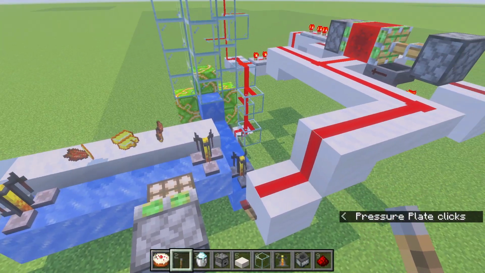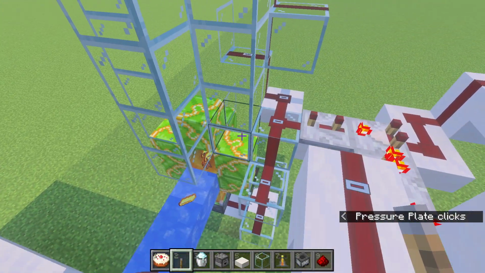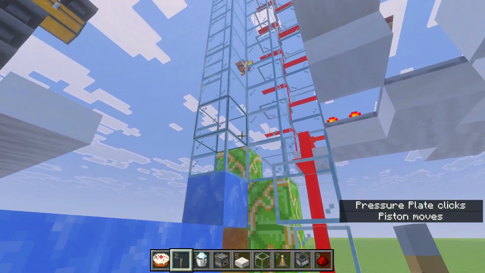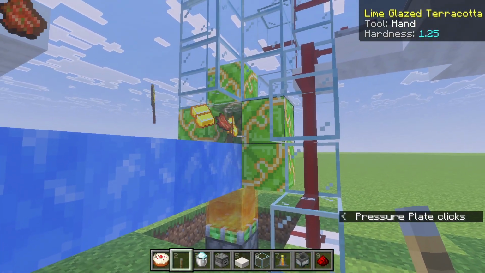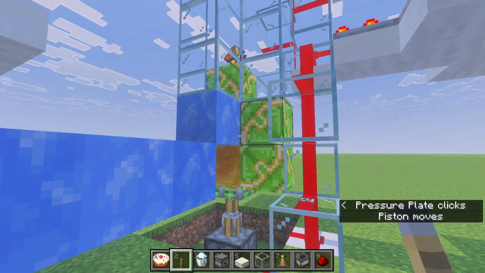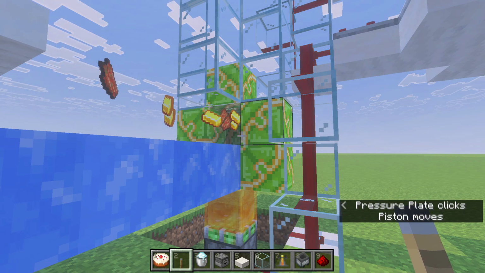So we've learned a lot building this thing. The daylight sensor. We've learned a bedrock working piston elevator, item elevator, that uses a piston instead of using a dropper line, which just points up, or a bubble column, which is not possible in the Nether at all. This is a Nether friendly